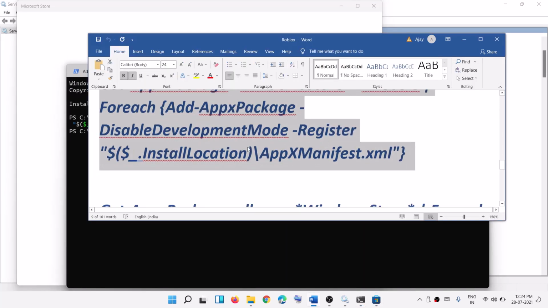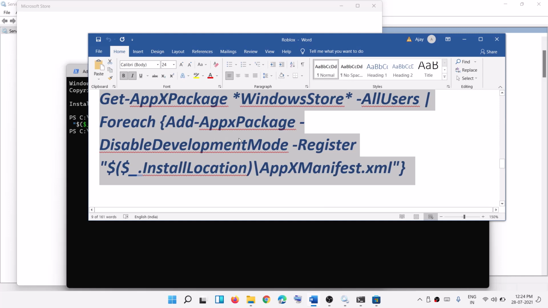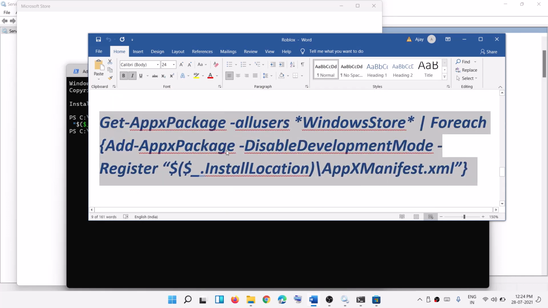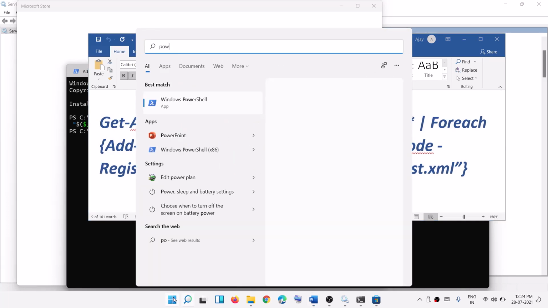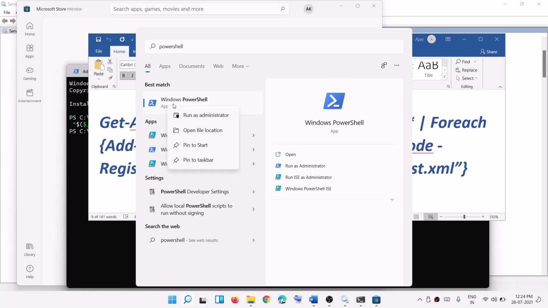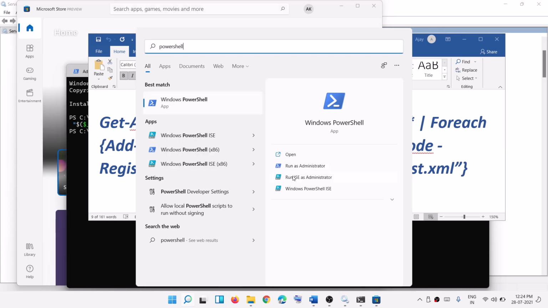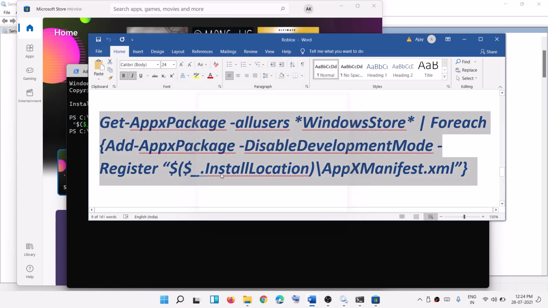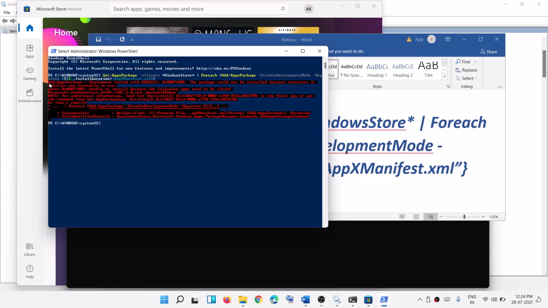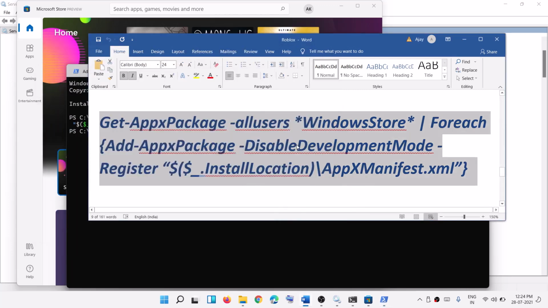Now in case in PowerShell, if this command is giving you any kind of error message, in that case you can go ahead and run this command in PowerShell. This command is supposed to run in PowerShell only, so you have to open PowerShell separately. In case you don't have Windows Terminal, you can right-click on Windows PowerShell, then click on run as administrator, then click on yes to allow and paste the command over here and hit the enter key. Now in my case, it's already installed, so that's why I'm receiving this error. In your case, it will work and it will go ahead and reinstall Microsoft Store.